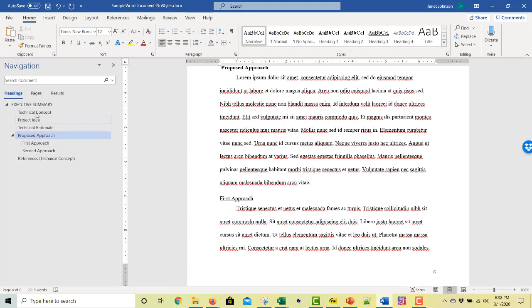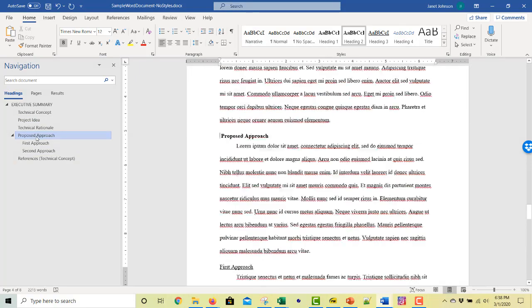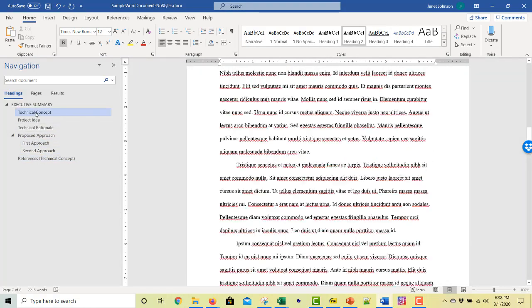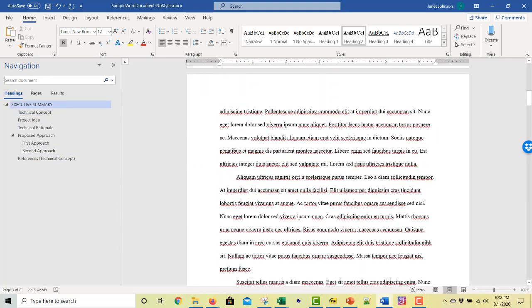And now over here, this is interactive. So if you've got a big paper that you've written, or a very large document, you can see the outline over here, but you can also jump to different places in it by clicking. And if you've got a large document, this is extremely handy to be able to see it like this. You don't have to keep scrolling to look for things. You can also make sure that your headings are the right levels, because you can see the outline over here. And there's one more great benefit